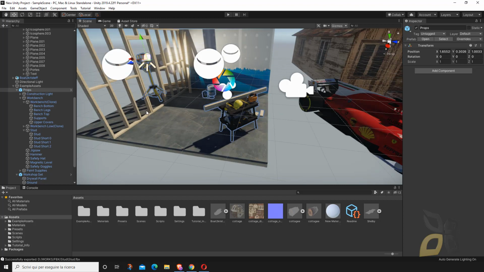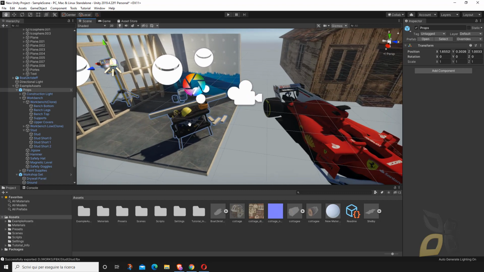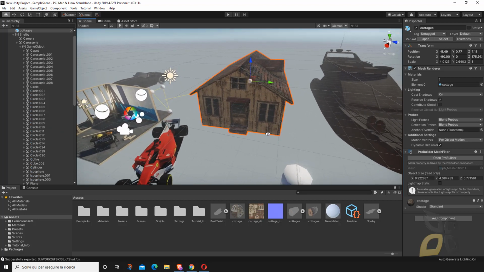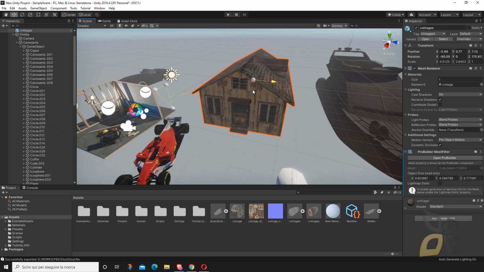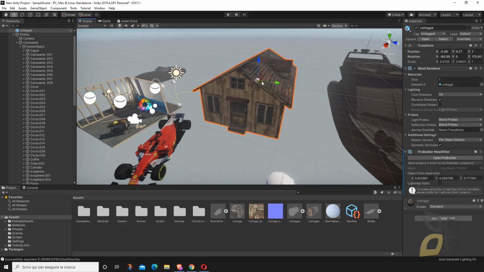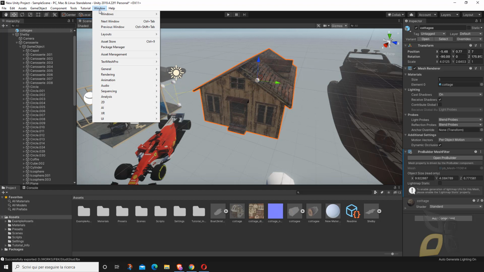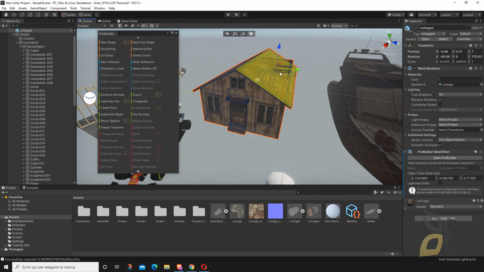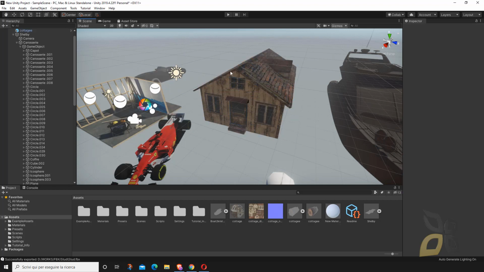Now the other way, through ProBuilder, I will show you. Well, I already did this here. You can see that this is a cottage, but I can edit this using ProBuilder. So if I go to tools, ProBuilder window, all right, now you can see here I can edit this model, which I have imported from an external website. So how come I can model this? Because I have converted this into a Unity object.